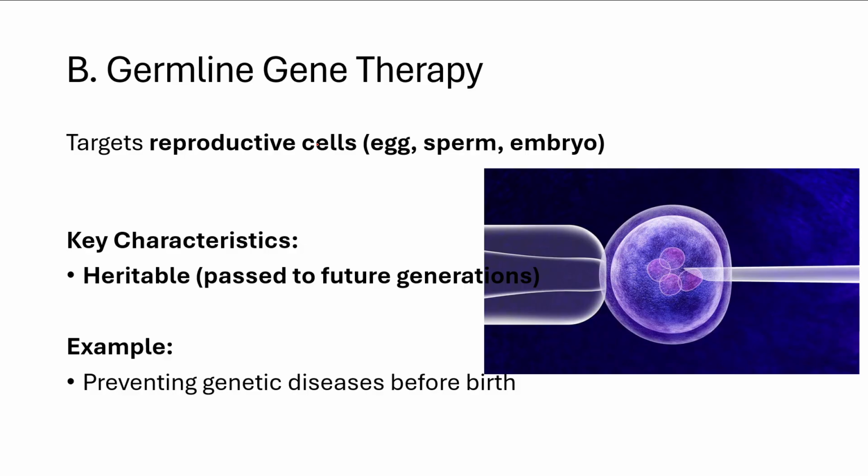Next, the other type of gene therapy is the germline gene therapy. So from the name itself, line, it is continuously passed on, down the line. So basically, this targets reproductive cells. So for example, we have the egg, the sperm, the embryo. So key characteristics: this is heritable, passed to future generations, and